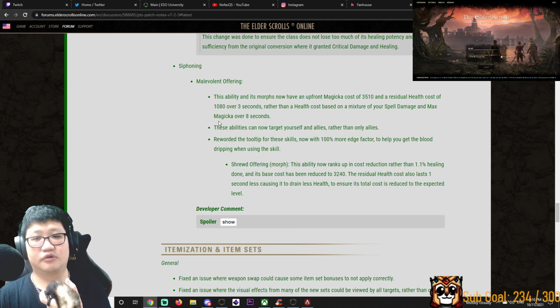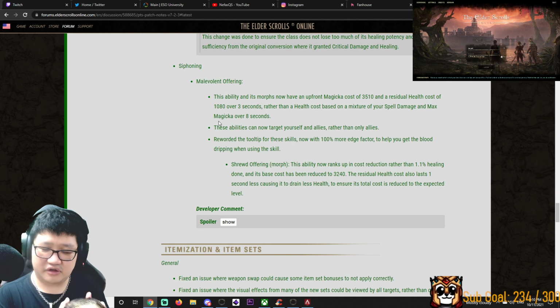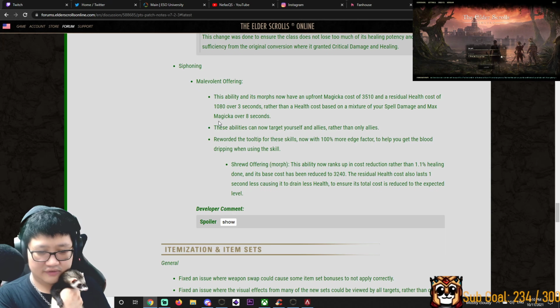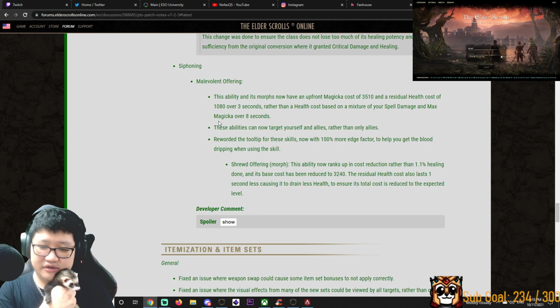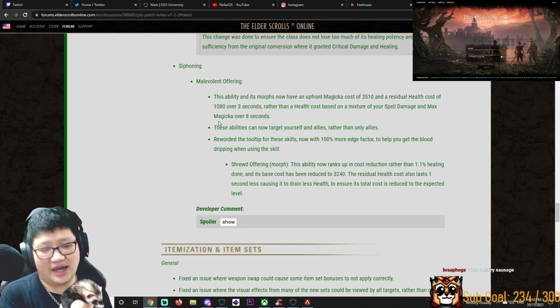Alright, so Siphoning, Malevolent Offering. This ability and its morphs now have an upfront magic cost of 3,510. So it doesn't cost health anymore, so it has a, no, it still does, a residual health cost of 1080 over 3 seconds. So let's do a quick division here. That's 360 health per second, rather than a health cost based on a mixture of your spell damage and max magic over 8 seconds. I just don't understand why they need to have this